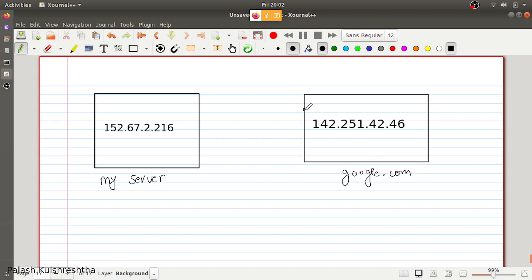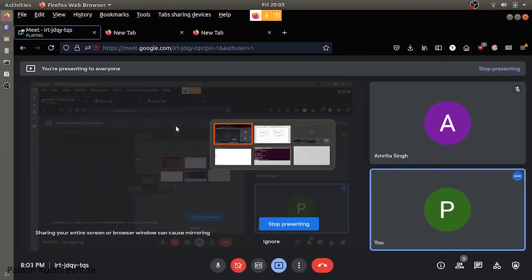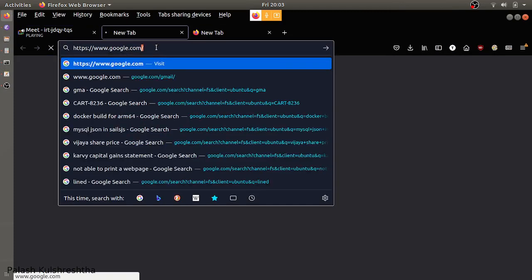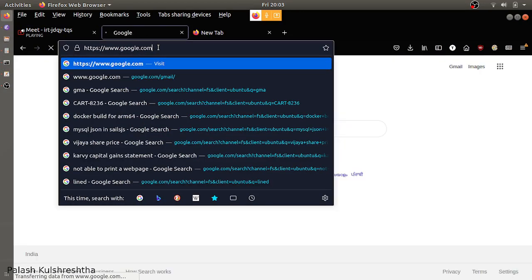This is running on port 443, or HTTPS. This is HTTPS. And let's try to open google.com. So you can see that here it is giving me HTTPS www.google.com.